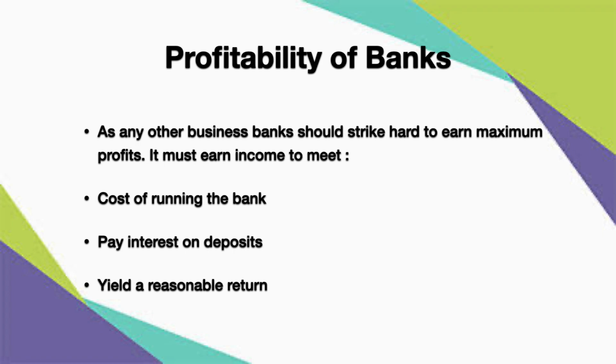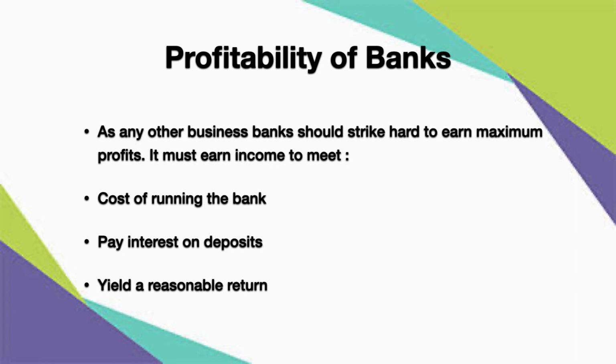For what are the requirements for the bank to meet? Cost of running the bank. It can be the machines or the equipment they use, the lockers they use, the ATM facilities they give, or the labor working over there, right? Or the technology, the computers, all of this is going to take a lot of investment or expense. So we need profits to run what? The cost of running the bank.